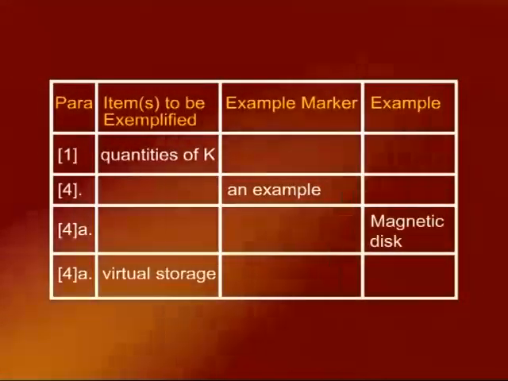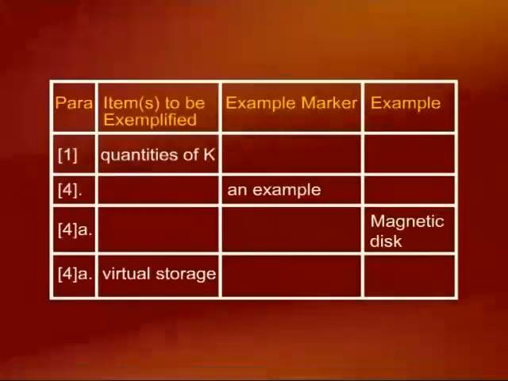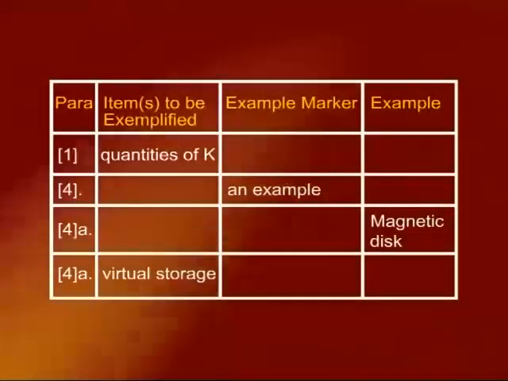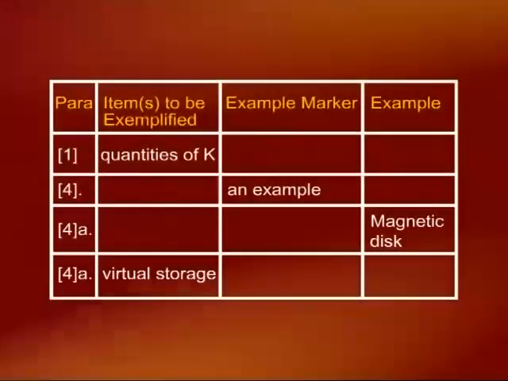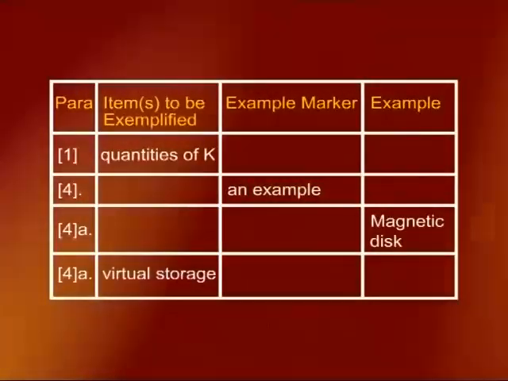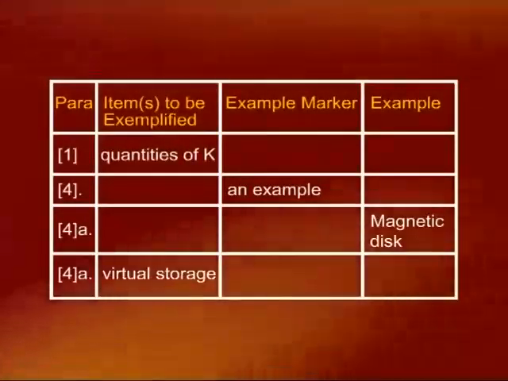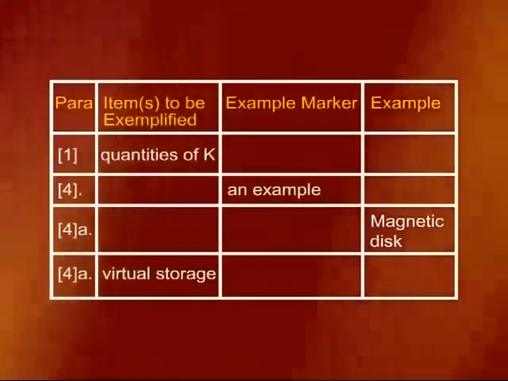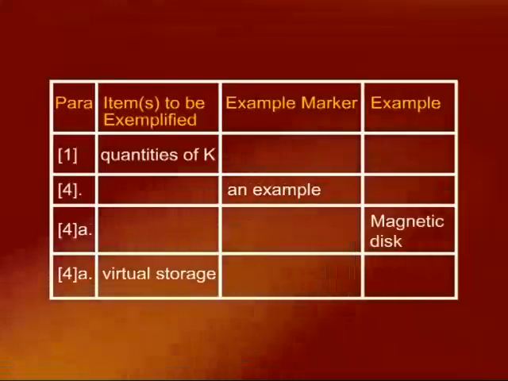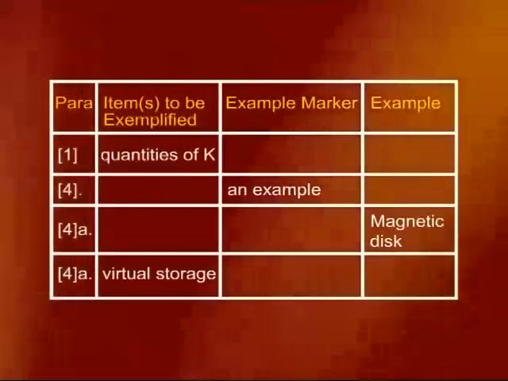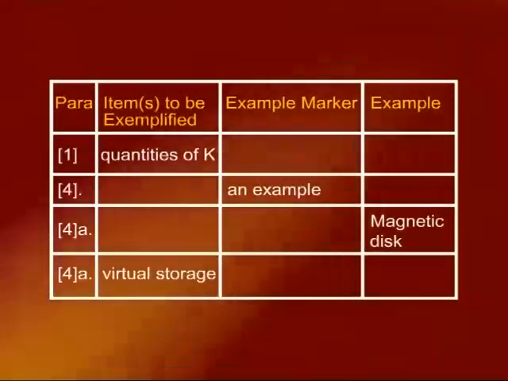In the same paragraph, you will find an example given to you. The example is magnetic disc, and you have to locate the item and then the example marker. The item is random access devices, and the marker is "an example." Notice sometimes it is "an example," sometimes it is "for example." All right? And in paragraph 4, still in the same paragraph, there is an item given to you, and the item